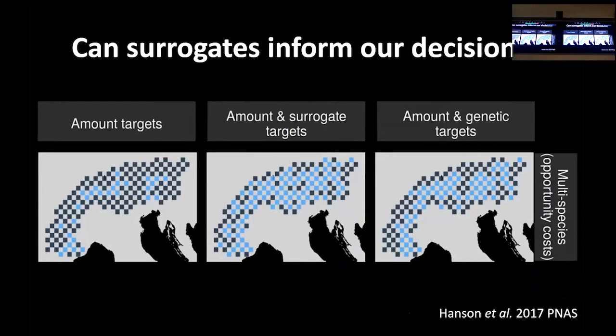So what we can see immediately is, if we don't use any surrogates or we don't use any genetic data, this plan has much fewer grid cells selected. And so that says if we don't account for within species variation, we might underestimate the scope of conservation actions required to conserve species. But what we're really interested in is how well do these perform, not just the spatial arrangement, because you can have different spatial arrangements that give similar performance in terms of how well they achieve objectives.